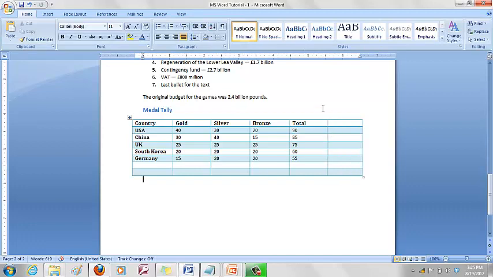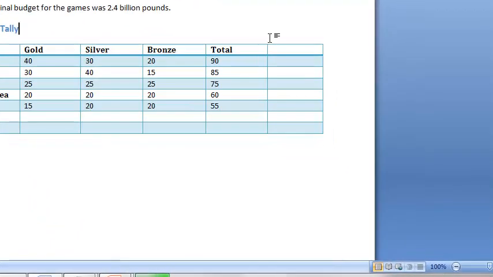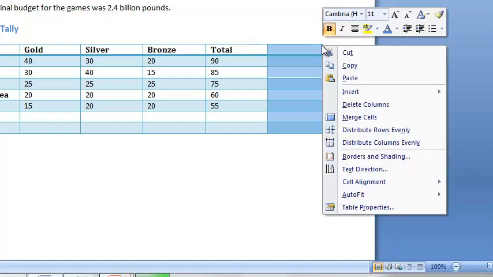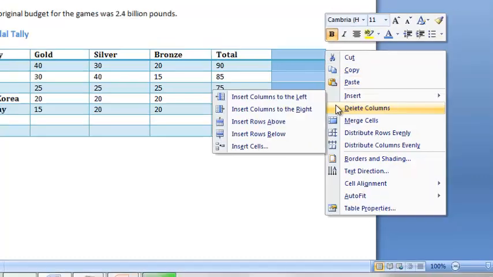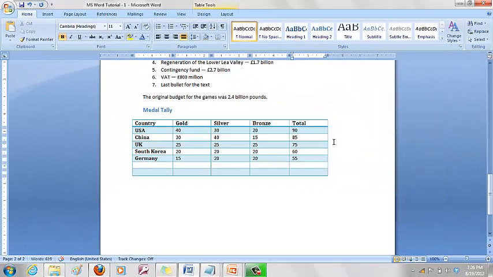Now if I want to delete it, do the same thing. Move the mouse over the top of the column, and at one point you're going to see an arrow. Just click when you see that arrow, and then right click. I'm going to delete this column here.